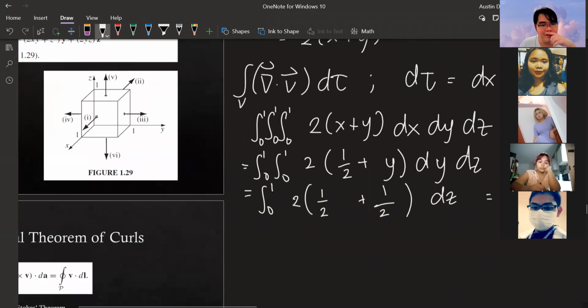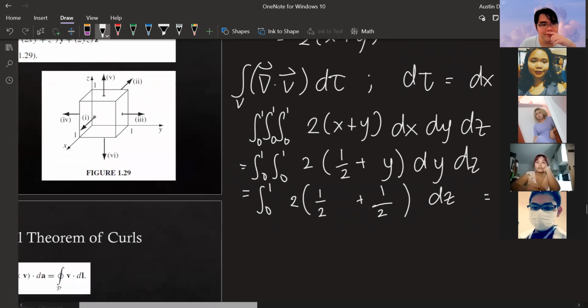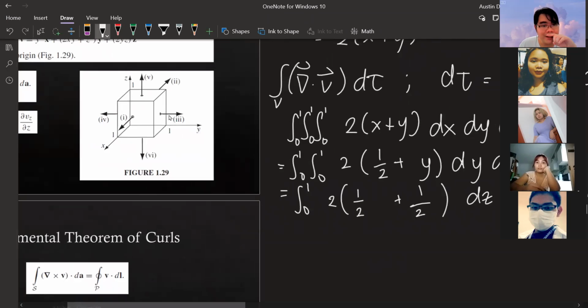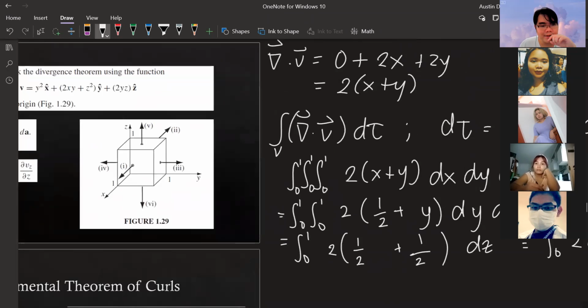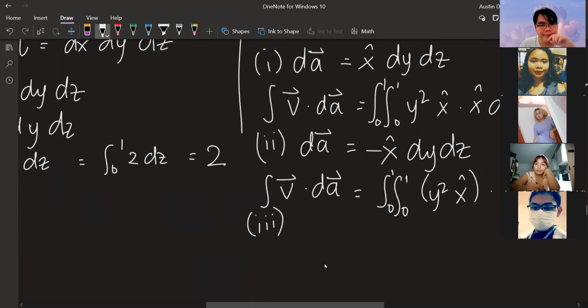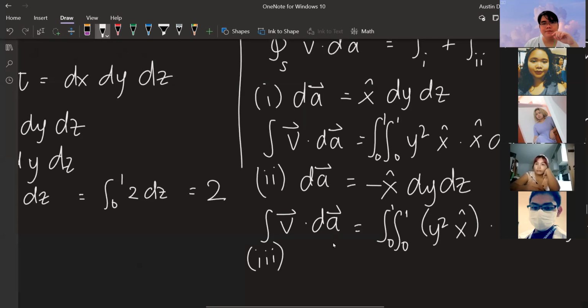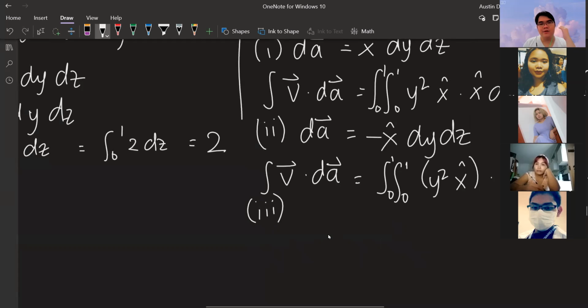So, number 3. Okay, yung direction natin will be, tingnan natin, ano ka-parallel niya, which is y, so y hat. And then yung area must be dz and dx. Okay? Okay. So, sulat lang natin, dA is,